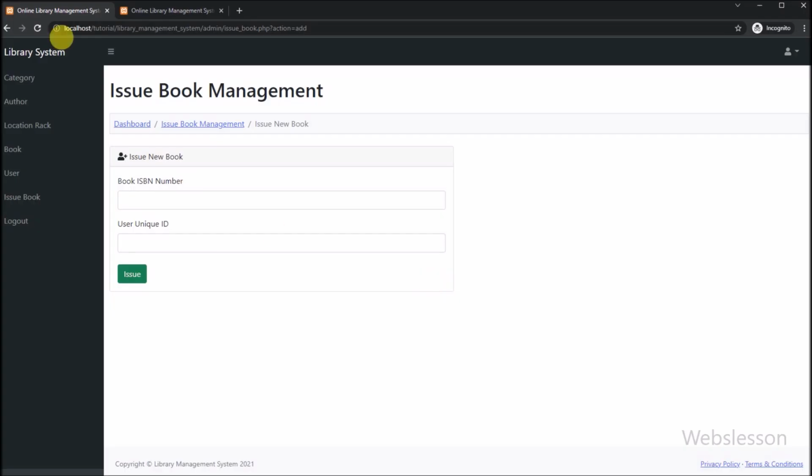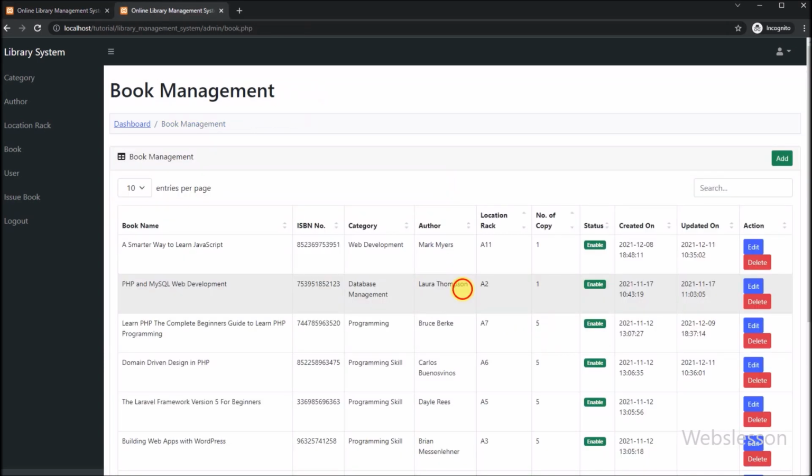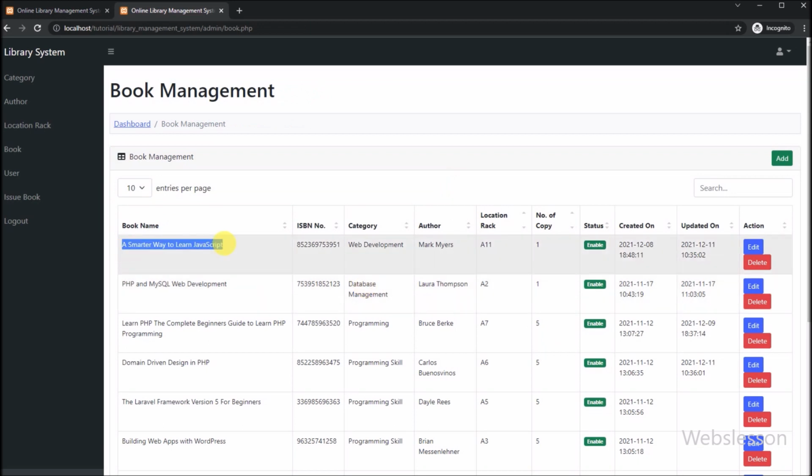Friends, first we have to refresh the web page, and after refresh of the web page, here we can see two form field like book ID and user ID for an issue book to user. Now first we want to check form data validation, so first we have to directly click on submit button. So after click on the submit button, here we can see validation error on the web page, so here form validation working properly.